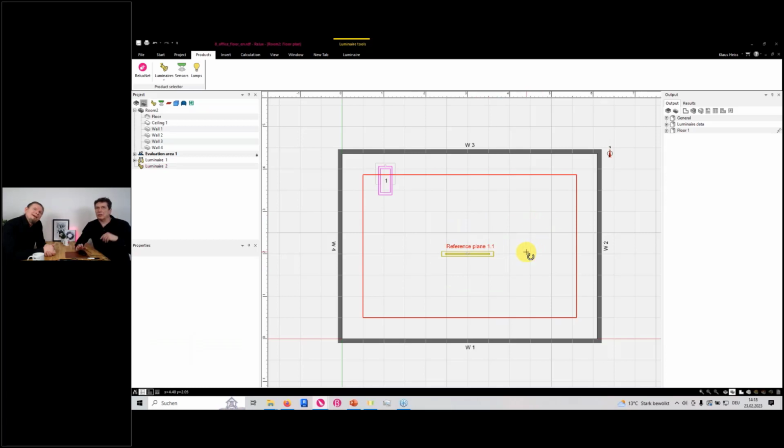It doesn't matter. It's possible to rotate the luminaire. Yes, it has no effect. And I will also calculate this room here. Okay, then when we are finished in RELUX with all the things we're calculating,